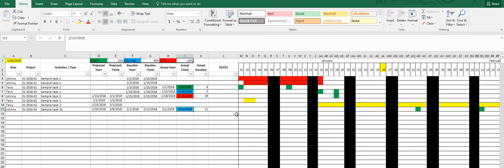Let's say Johnny finished early. We'll just make it the 11th. Oh, I can't do the 11th because that's the weekend, but you'll see it change to green anyway. Let's make it the 9th so we can see it. So he finished on the 9th. The early percentage went up. Our late percentage went back to 25%, and our actual duration